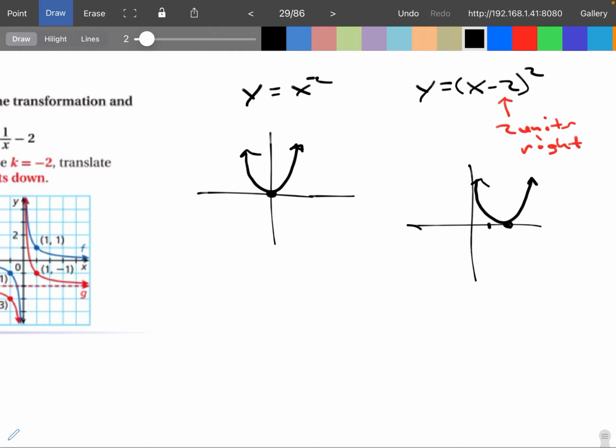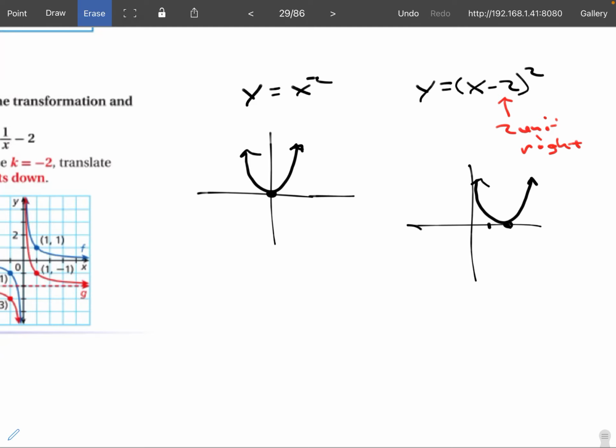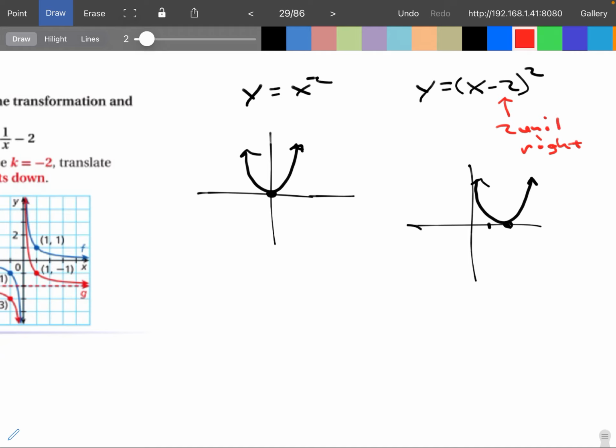And again, this is just, oh, hold on. You guys got to tell me. I'm looking at the iPad screen. I didn't see that we lost the computer screen. Hold on. There we go. All right, so I don't know where I got cut off there, but that's supposed to say 2 units right. All right, and then